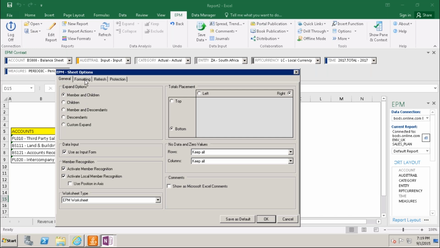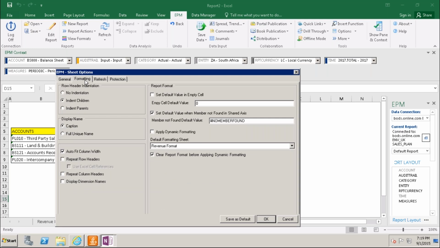The next is the formatting tab. In the formatting tab, you see the row header, no indentation and all. Whatever we have taken in the edit report, the same thing will work out here, for this sheet.